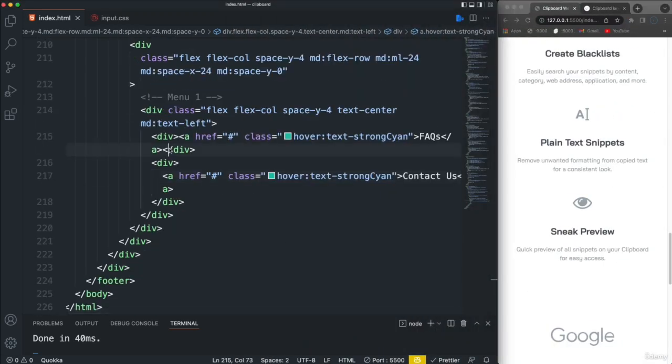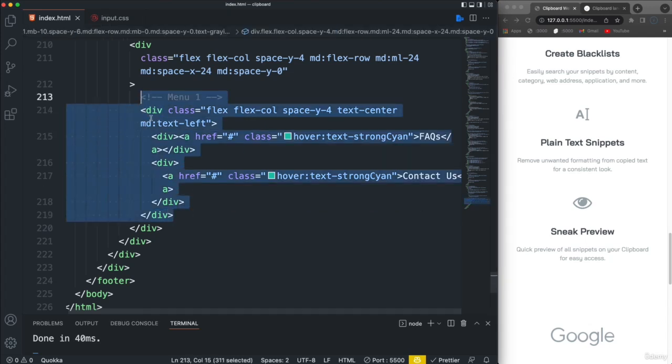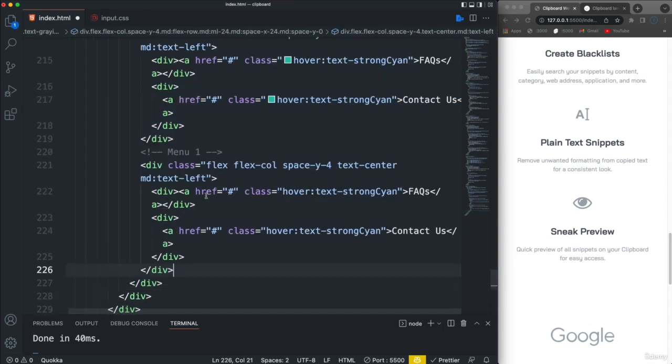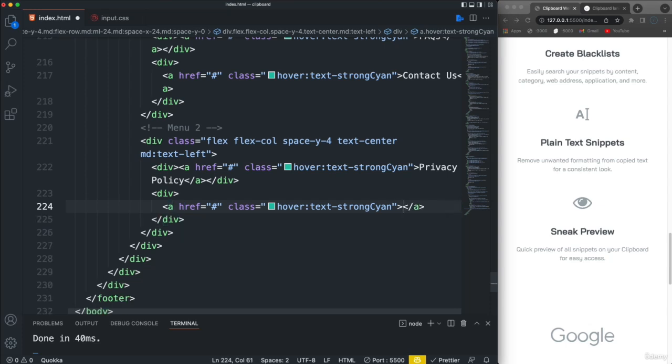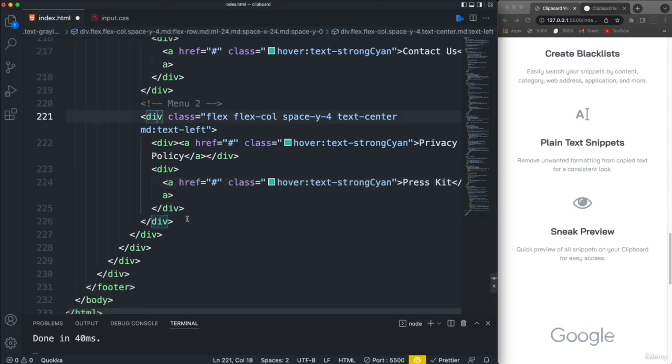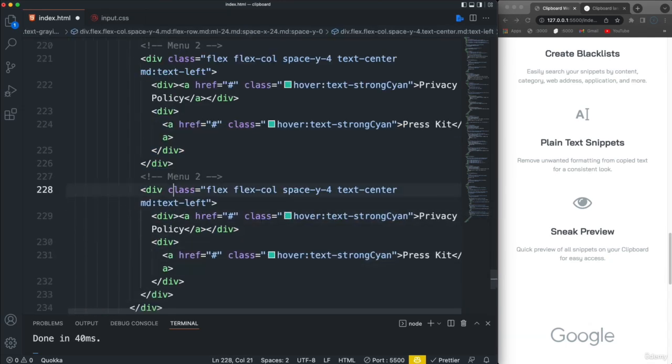Now for the second menu, we could just copy this one. So here we got menu 2, and all this stuff is going to stay the same. We just want to change the text, which is going to be privacy policy, and then let's see the next one. Let's change that to press kit, and then we can copy this menu, and this will be menu 3,